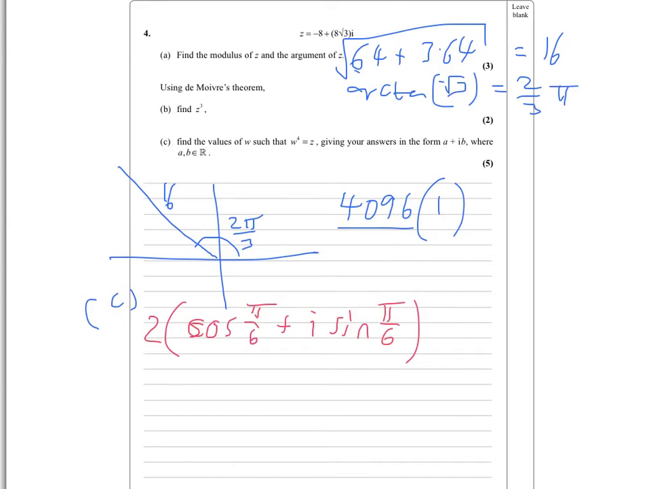and the other ones come from what other angles do you multiply by 4 to get 2 pi by 3? Well, 2 pi by 3 could also be 8 pi by 3. That's just 2 pi more. And 8 pi by 3 divided by 4 gives 2 pi by 3. Another one would be,